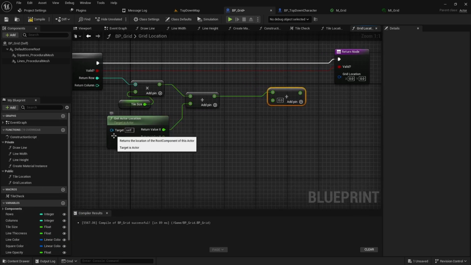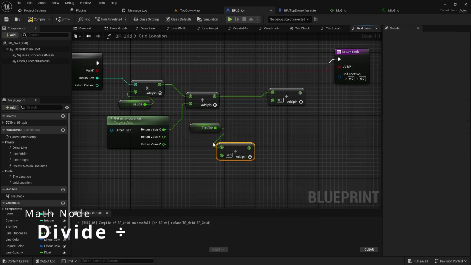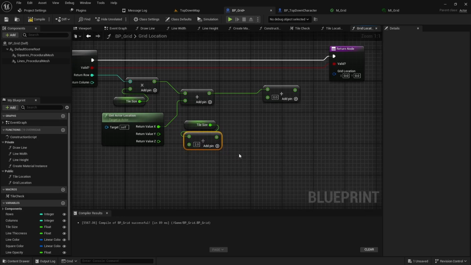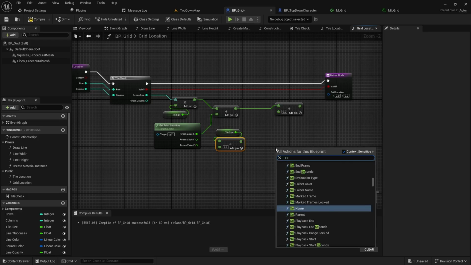And then what we're going to be adding together is basically going to be the tile size. So we can copy paste this over here with Control V. Pull into a divide node, and we can cut it in half. And what we need is a way to give one of two possible values, because when we're using this function, we're going to basically calculate either the center of the square of a grid, or we need the edge of a grid. The way we can do that is with a select node, but if you right click and search